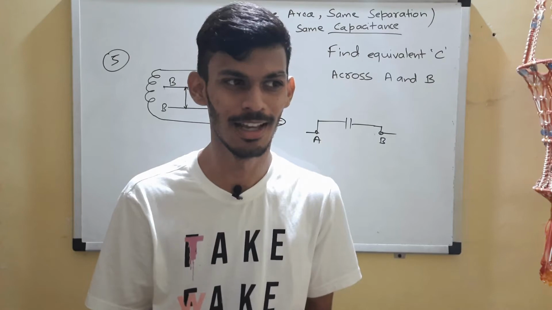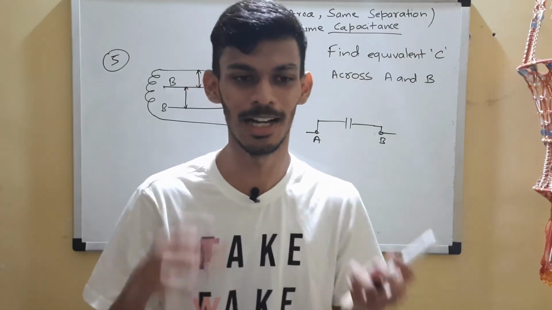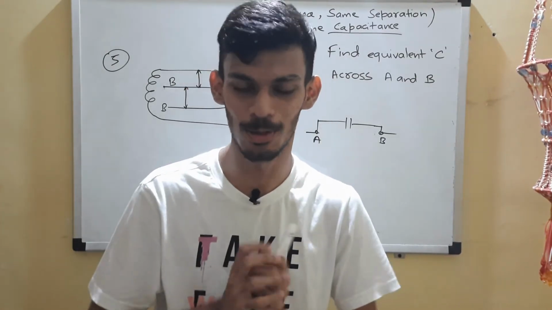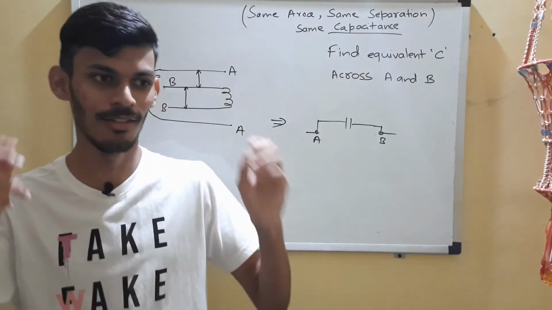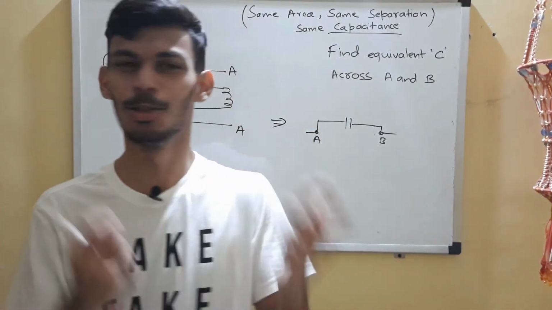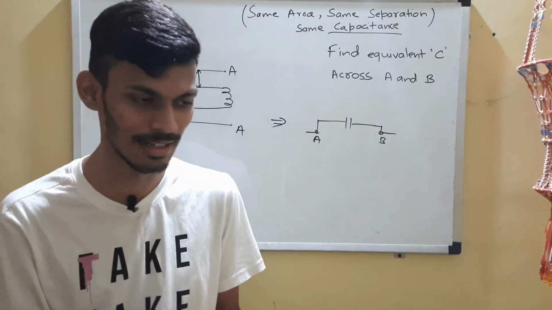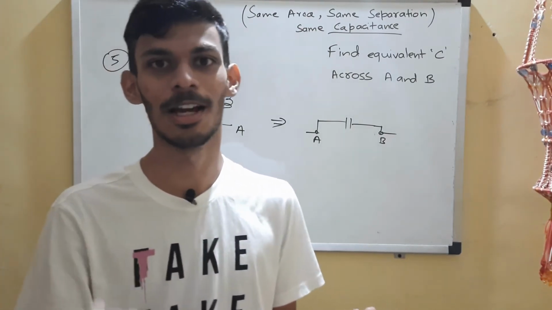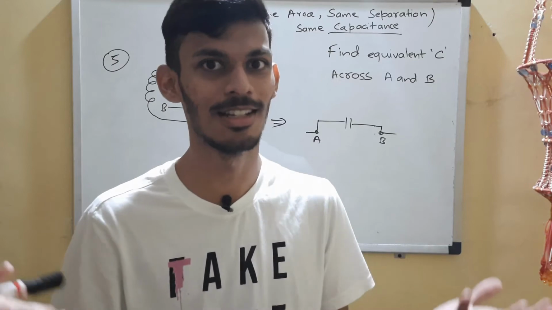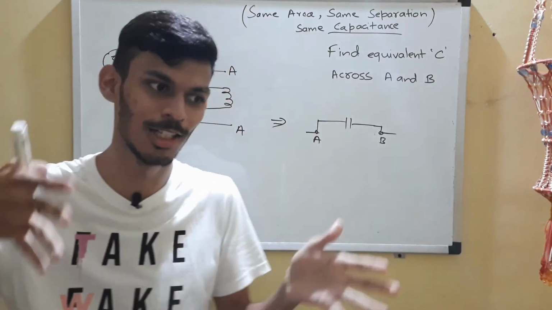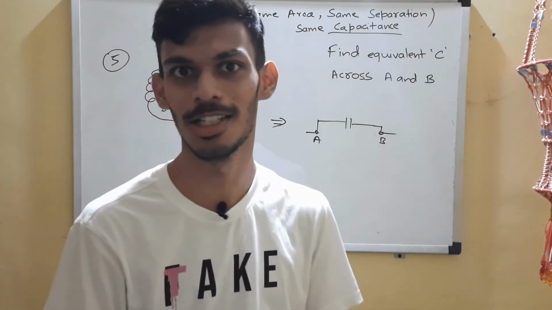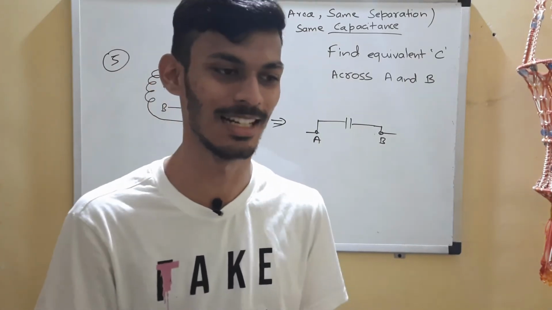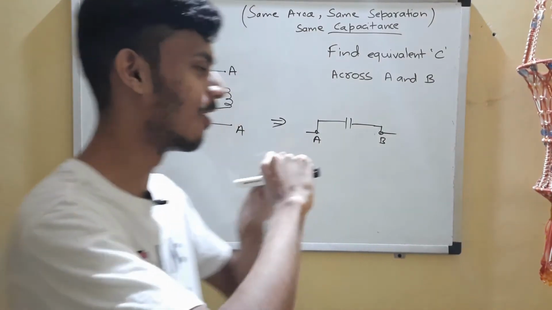What will happen? Its capacity will become 0, right? Plus Q will neutralize minus Q. The charge can easily flow through the connecting wire. So basically, when you connect the 2 plates of a capacitor, its capacitance becomes 0, which is logical because it is no longer able to store charge. It's no longer a capacitor.